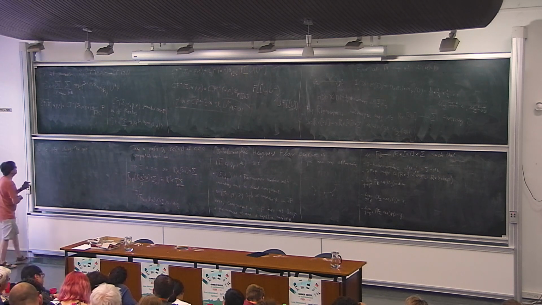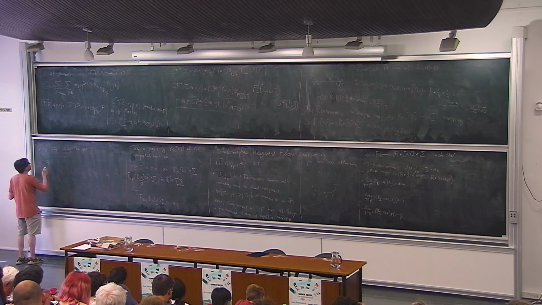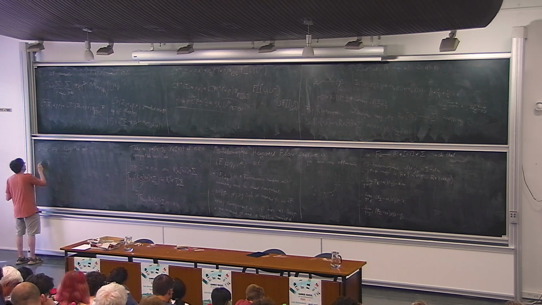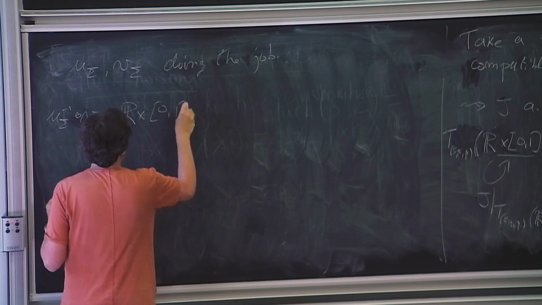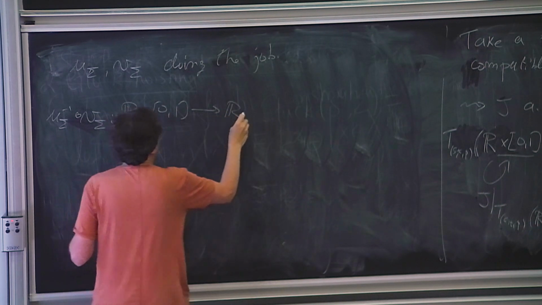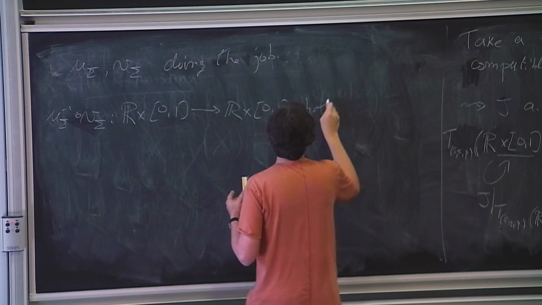So we consider U sigma inverse composed with V sigma, which goes from R times 0, 1 to itself, is holomorphic,